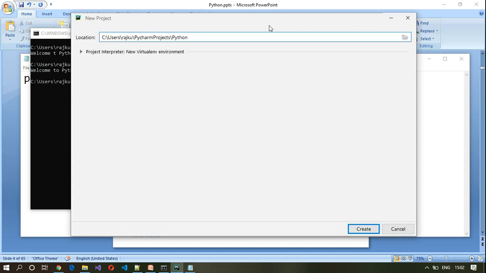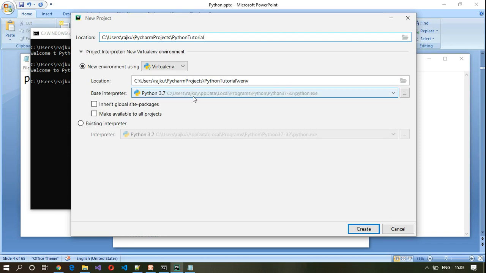I will call it Python tutorial, and I will select the environment which is Python 3.7. So you need to ensure that you have this base interpreter selected to the latest version. Okay, and create.